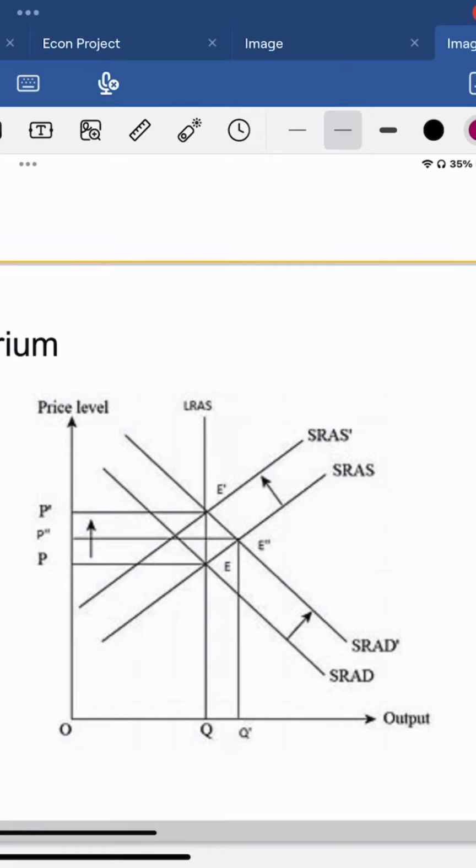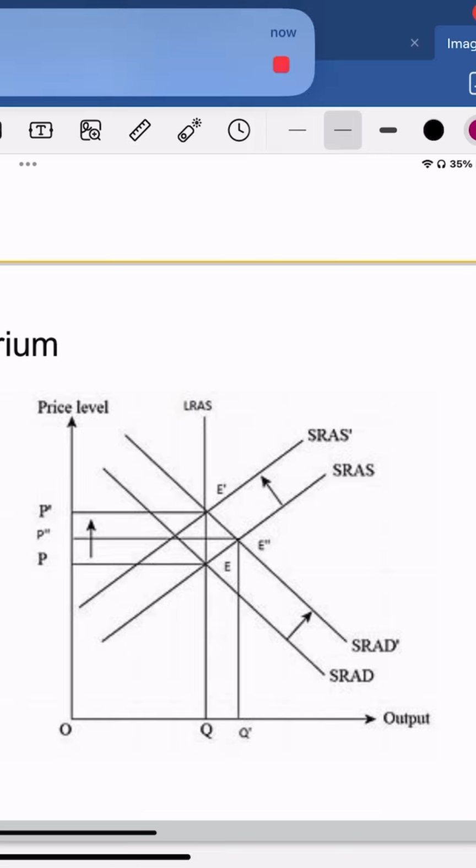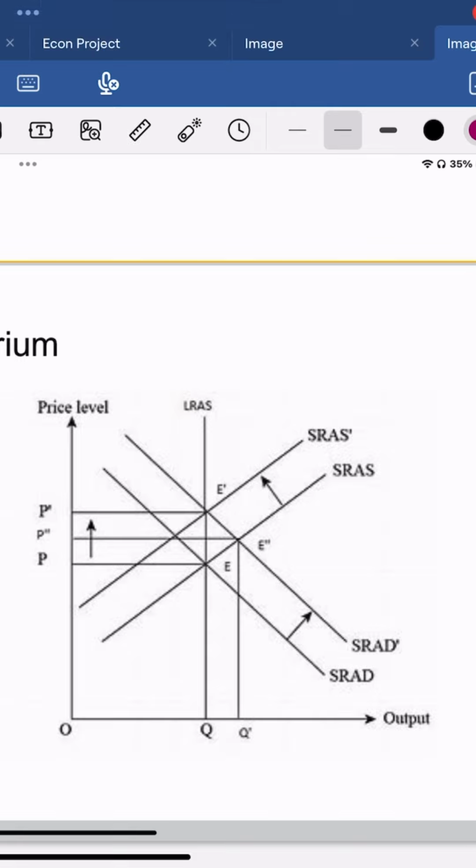For today, I'll be going over the demand shock. First, I'm going to start off with a positive demand shock, and then I'll work through a negative demand shock. So for an example of a positive demand shock, let's say that the government introduces a large-scale infrastructure